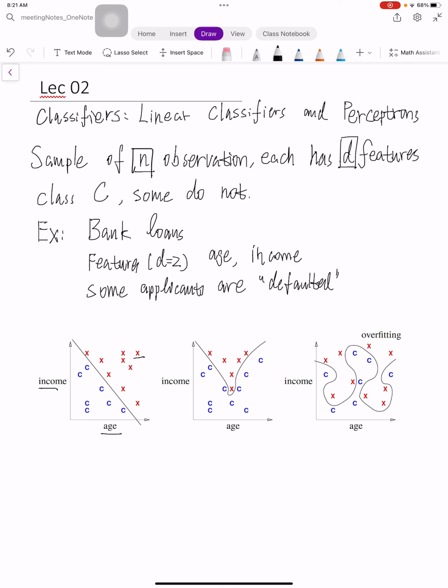This scatter plot is about applicants' income and age, and the red circles represent the defaulted ones, which means they didn't pay back their loans on time. And the blue ones are reliable ones. And the goal here is